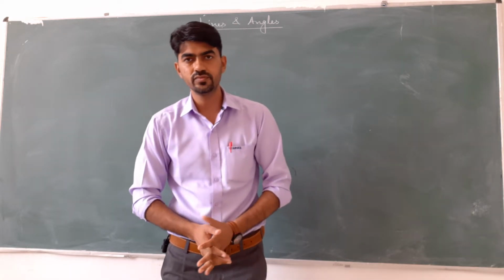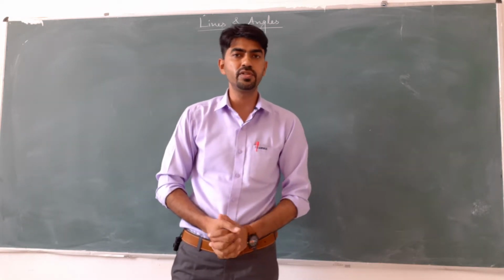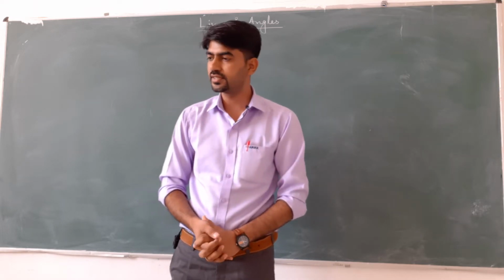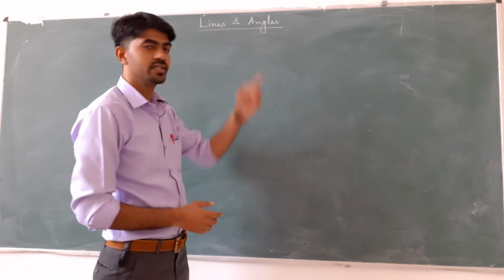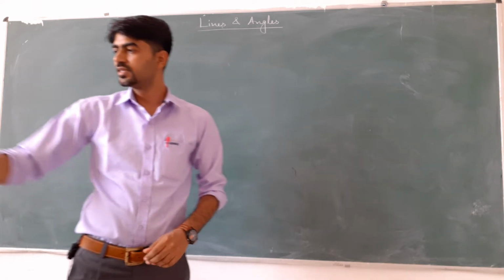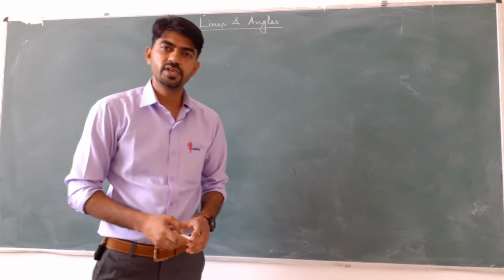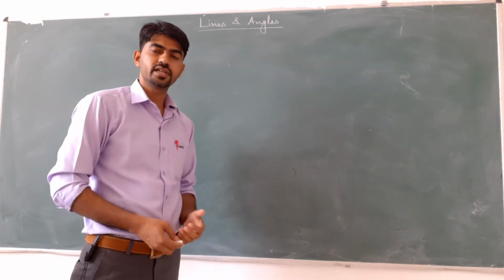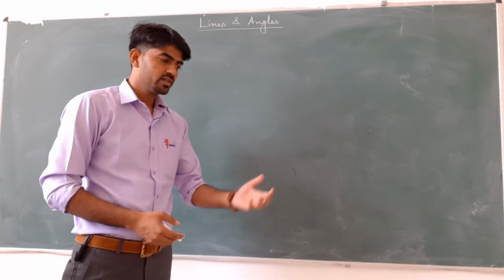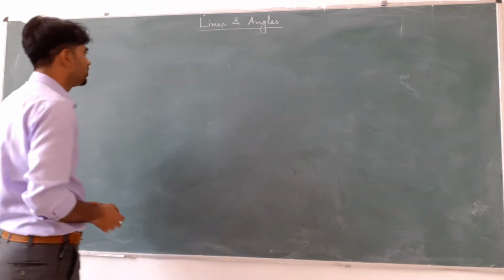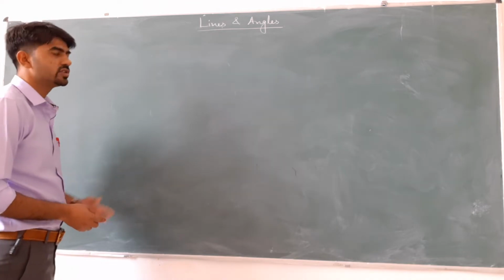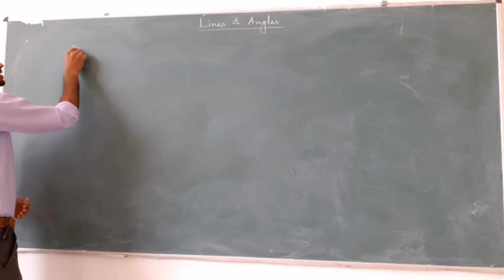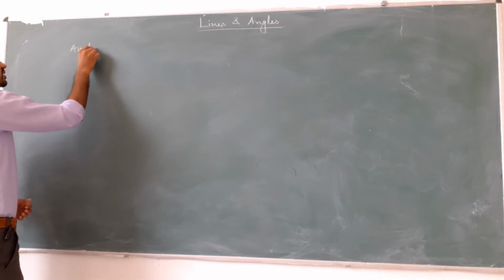Today in this video we will start a new chapter of class 9 mathematics, and that is chapter 6, lines and angles. In earlier classes you might have learned the definitions of angle, line segments, rays. Okay, we'll have a quick revision of all those things and the new things which are there in class 9. So first thing, that is an angle.